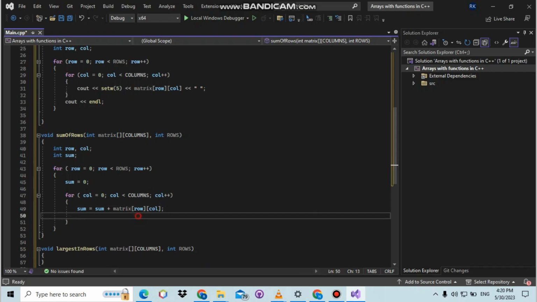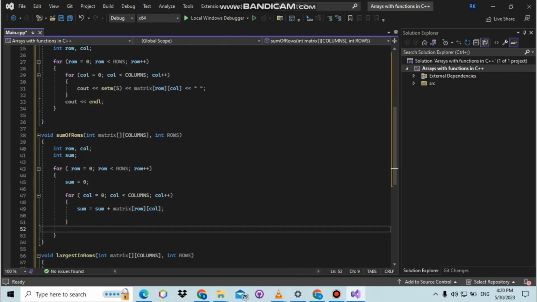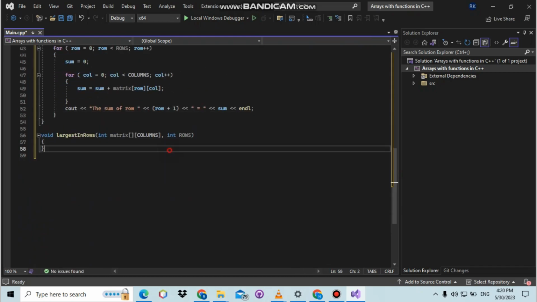So after this, you see now here, cout, the sum of row plus 1, like here. Awesome. So guys, okay, now the last function here is the largest function, which means we have to also include